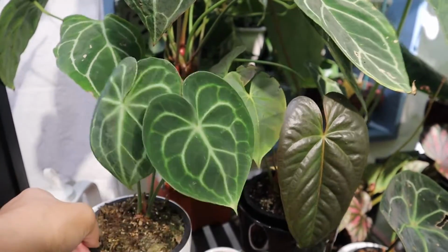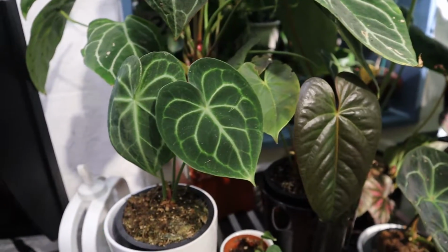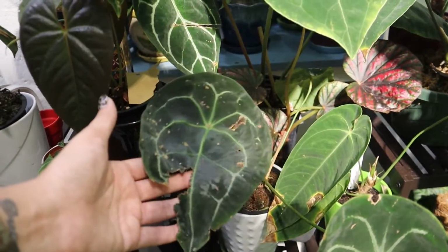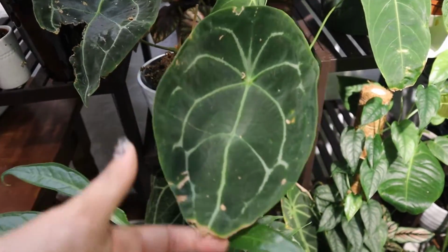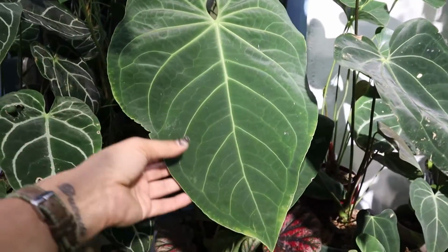I don't know why we have that one looking like that. So this is my Anthurium clarinervium, which I got from Nova. This is Anthurium moodianum, Anthurium forgetii. Excuse me, we got a little bit shredded by some wind, but it is actually looking pretty good. My baby, my Anthurium warquinium